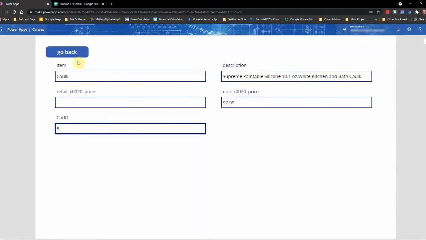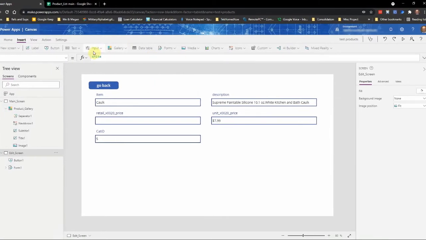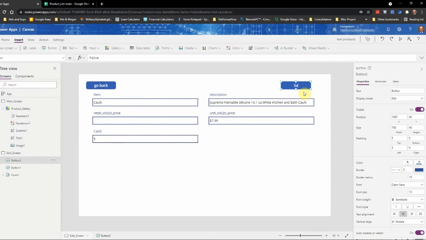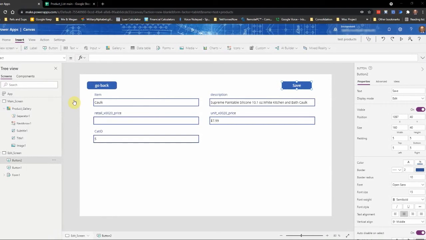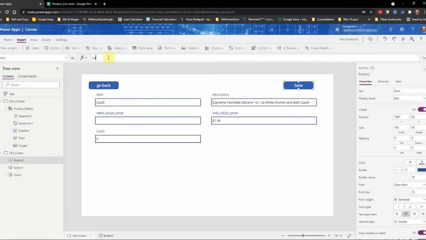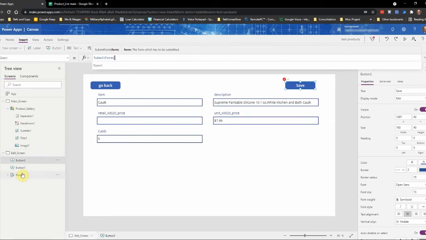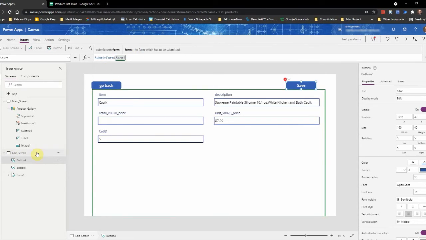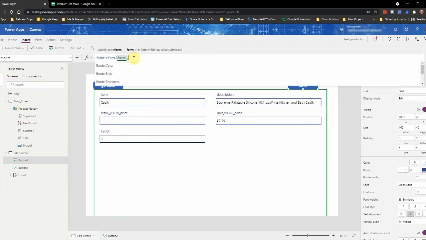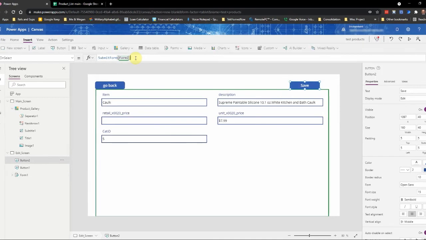So we wrote this out, but we didn't tell it to save. So we need to make it save. We're going to go ahead and add a button. This button's going to be called save. So the button's called save, and on select we're going to say submit form, and we didn't name this, shame on me, but it's form 1, right? It's over here, and you can tell because look at it highlighted green and saying we're submitting that. And let's see, is there any other options? Submit form 1. Okay, we're just going to close this bracket,